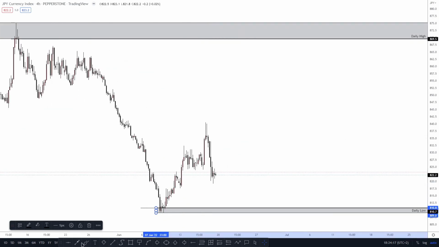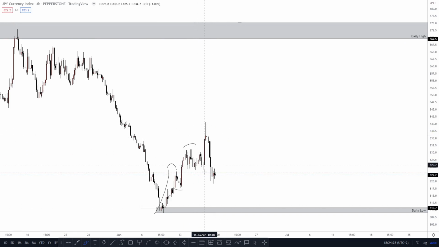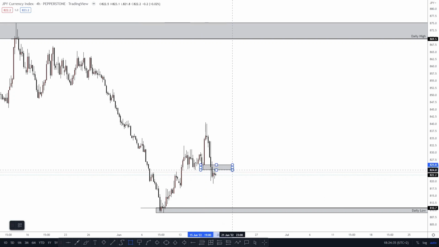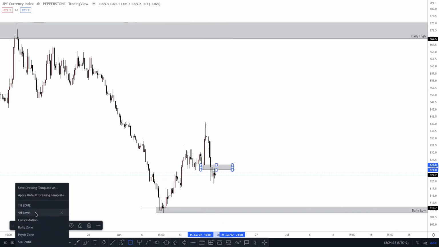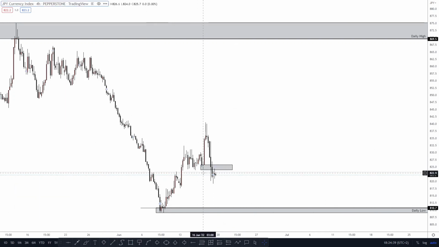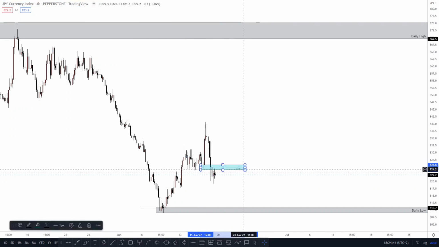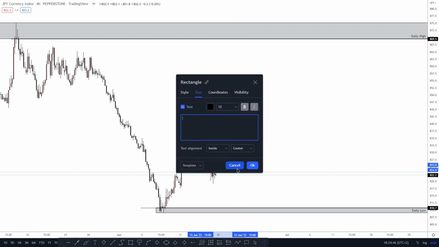On the 4H, you will see that we were indeed moving to the upside, having a high, low, higher high, and then a higher low, and then we had a higher high. Now price broke below that. Price broke below this one. Now we just write it. There's a break of structure,